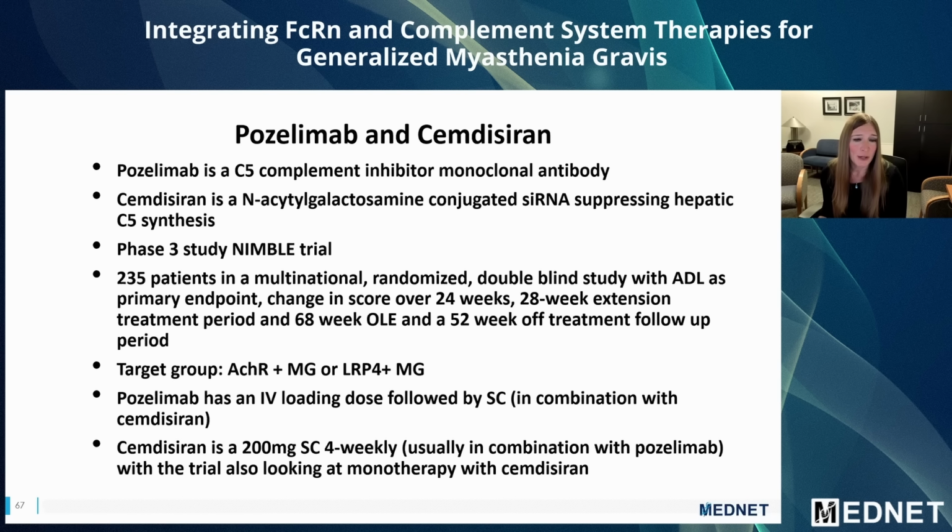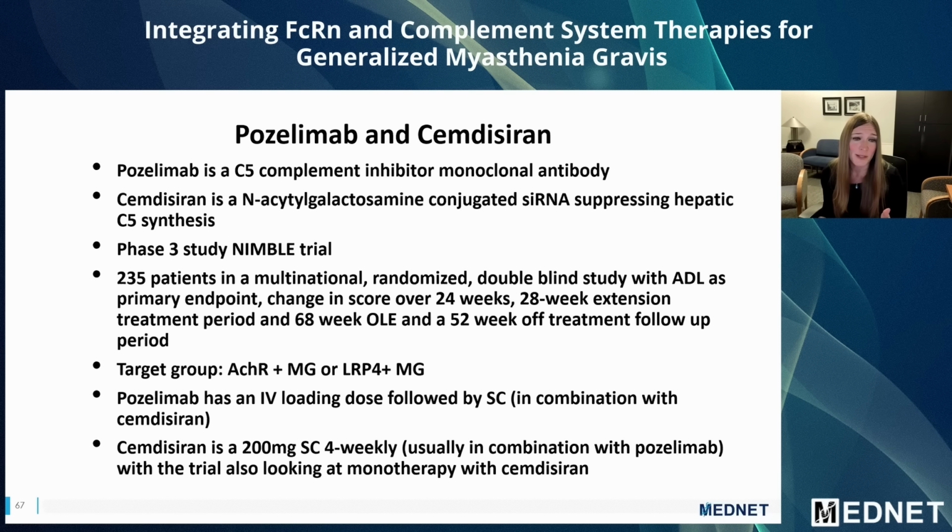So this was targeting acetylcholine receptor positive and LRP positive MG patients. There were a couple different arms with this trial. One was just cemdisiran by itself, 600 milligrams every 12 weeks. And then one was what they call ChemDepose, which is the combo, with 200 and 200 milligrams of IV and then